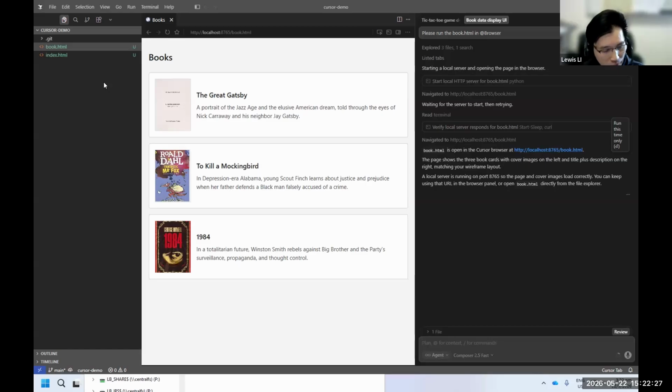So right now we have completed two tasks. The first one is to create a game, and the second one is to create a page using the image, which Cursor automatically created for me. And then you can upload this HTML page to your web server, and then you will be able to share it on the website.